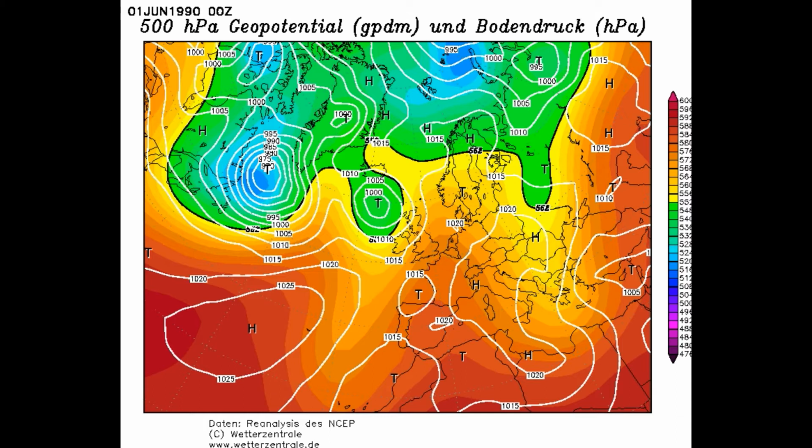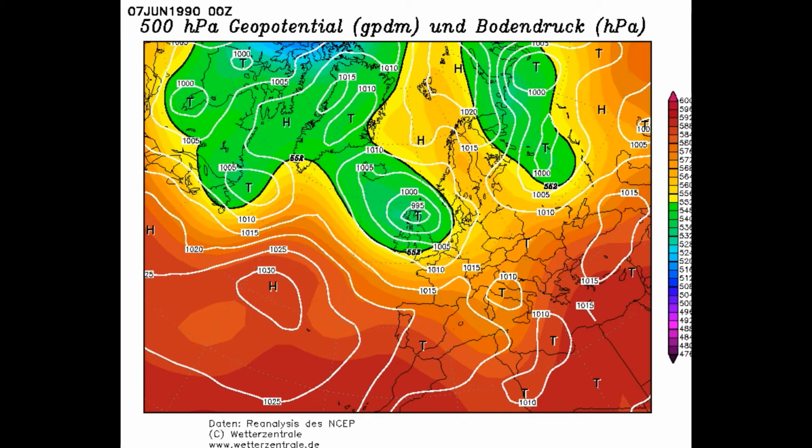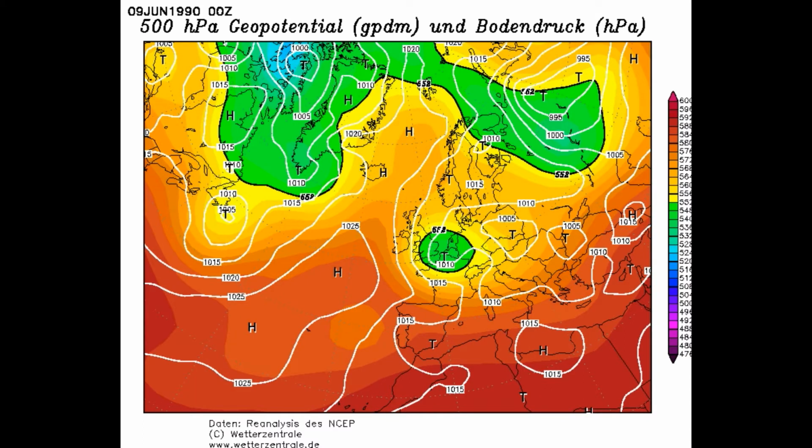And June 1990 also has a central England temperature of 13.6 degrees. So there we are on the 1st of June, and of course, that May heat is long gone, and we've got low pressure to the northwest of the country. Now as we move through to the 4th, that area of low pressure just sits there. In fact, we bring a cool northwesterly wind down, and that carries on through the 7th there, quite an autumnal area of low pressure there, and on into the 9th as well. In fact, we bring down a bit of a northerly wind there.